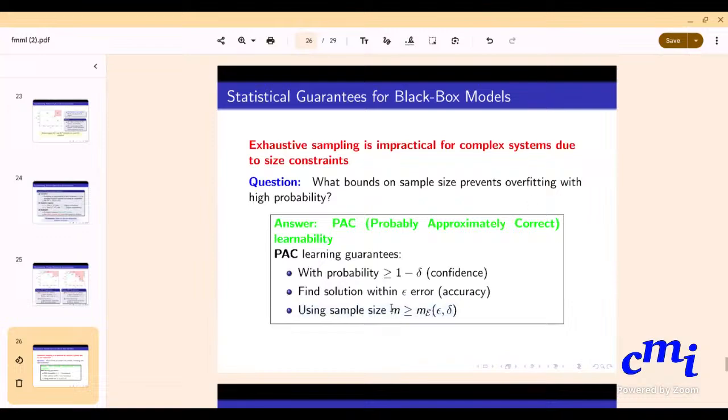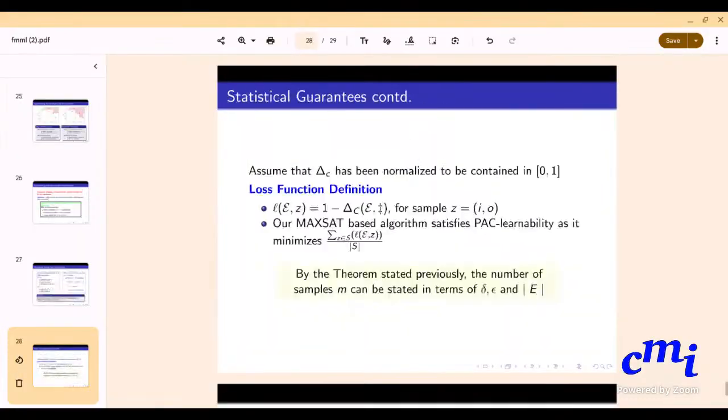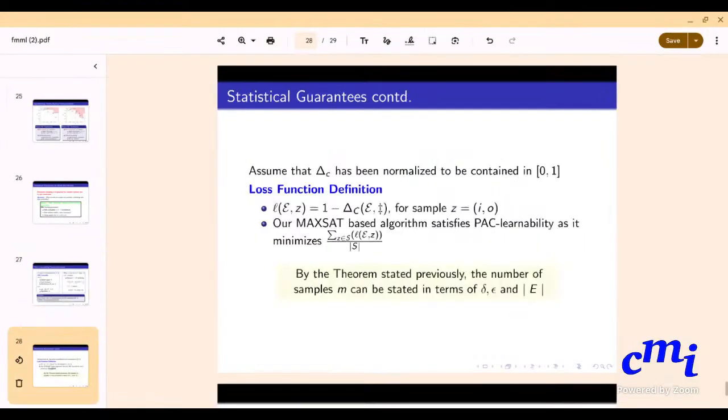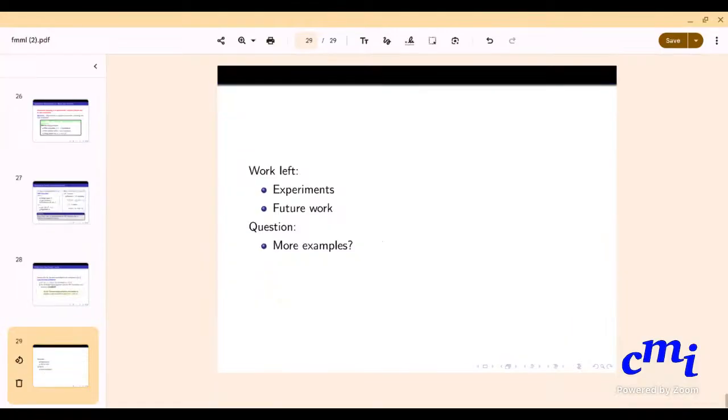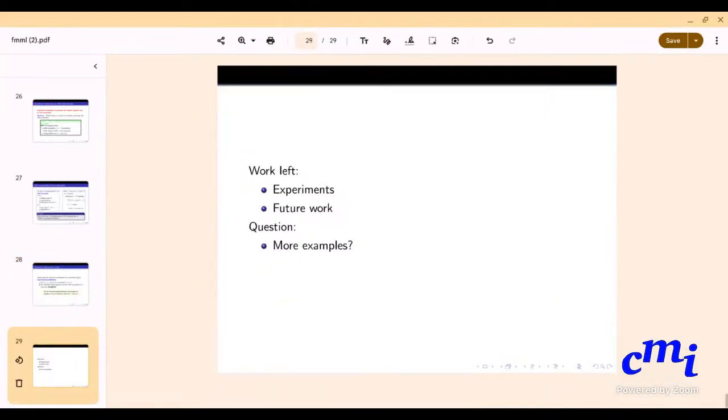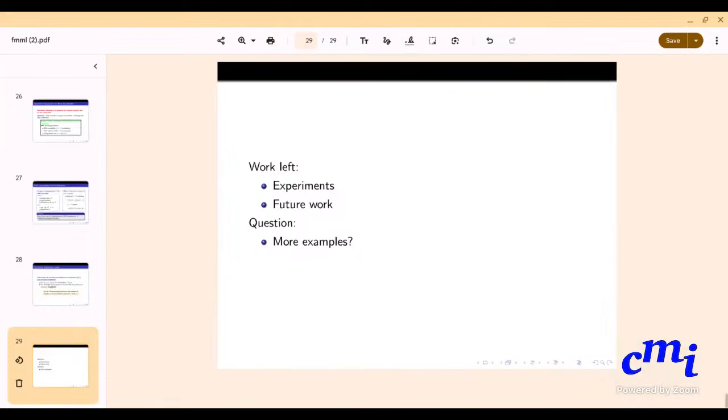How many slides do you have on this? This one, and just how it fits in. If you're running out of time, I'd rather that you just skip over the details of the statistical guarantee and say that they use this method to give certain guarantees, and then concentrate on experiments. Yes, the experiment part I haven't included yet. I will include it. I trust you, and you can include it.